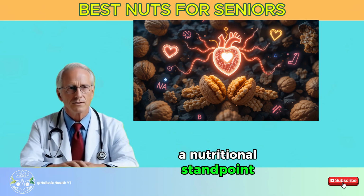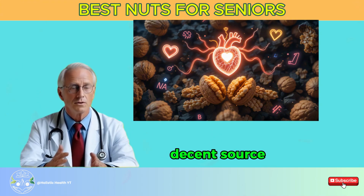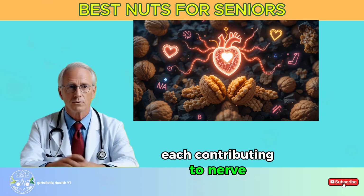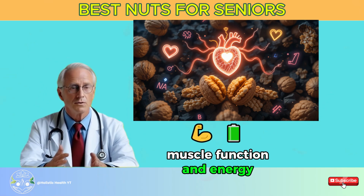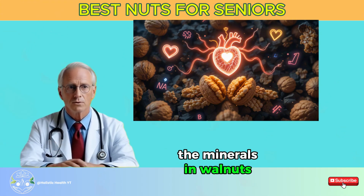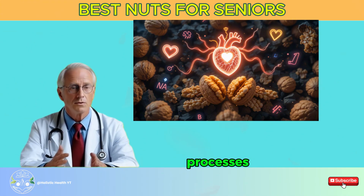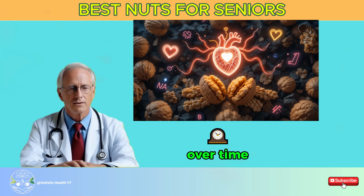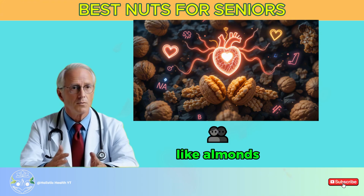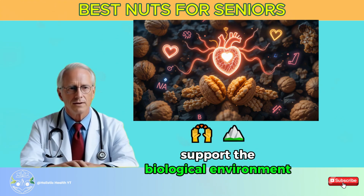From a nutritional standpoint, walnuts are also a decent source of magnesium, potassium, and B vitamins, each contributing to nerve conduction, muscle function, and energy metabolism. Though not rich in calcium, the minerals in walnuts help mitigate the inflammatory processes that can contribute to bone loss over time. In essence, while they may not directly strengthen bones like almonds, they support the biological environment that keeps